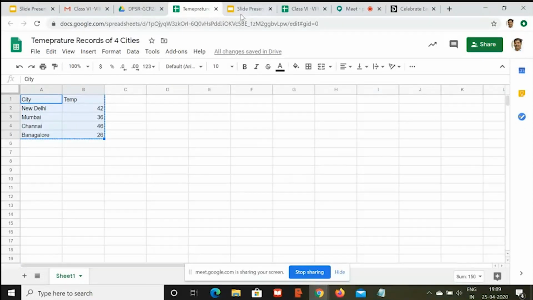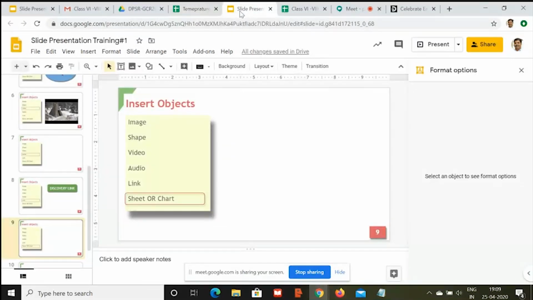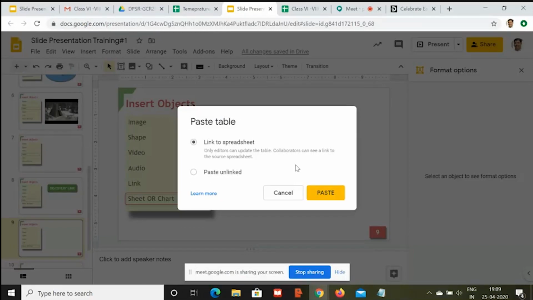I go back to my slide presentation and then just click Control and V together. When I'll be doing this, there'll be two options. One is link to spreadsheet, another is paste unlinked. Think about if you want this spreadsheet to be reused with new set of data. That means today the temperature set is different.